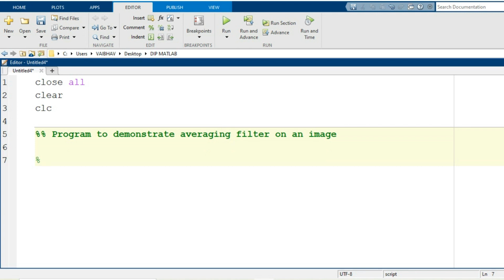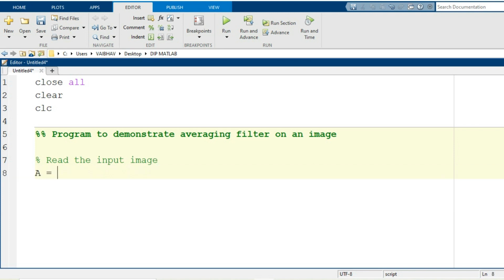For this processing, we first of all need one image to be accessed in our MATLAB environment, from the current directory where some image datasets are available, grayscale as well as color images. So the first module will be to read the input image for processing.